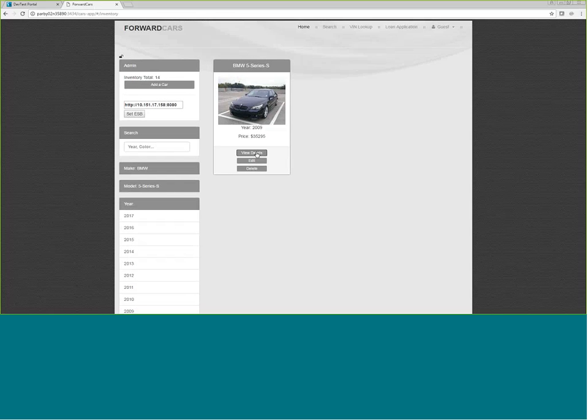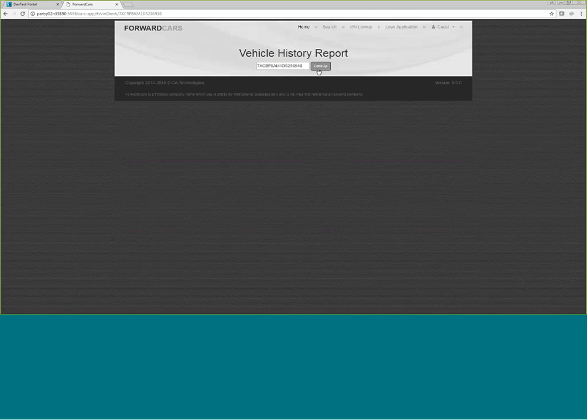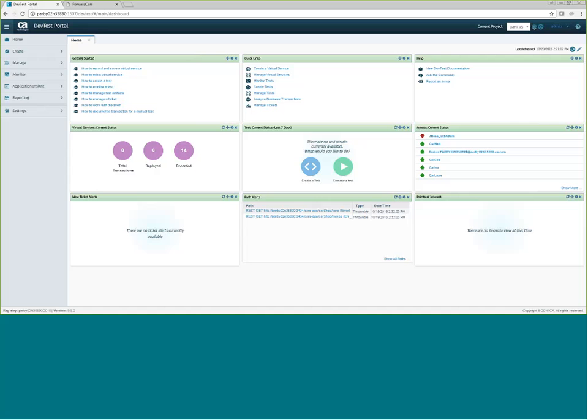Okay, we'll take a look. That one looks good. It's got a mileage, one owner, 2009. Okay, let's do an accident report lookup. Okay, looks good. So we've got some transactions now. We should be able to see them. So back in the portal,